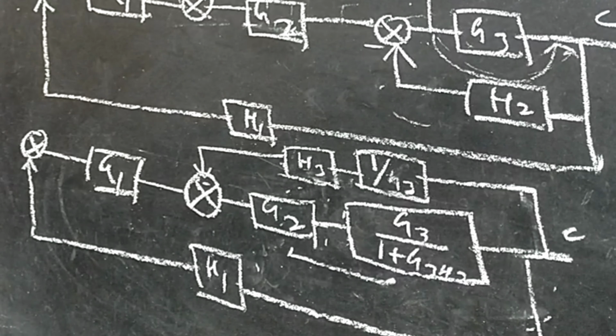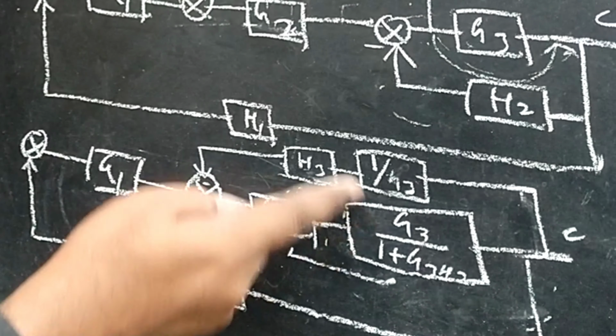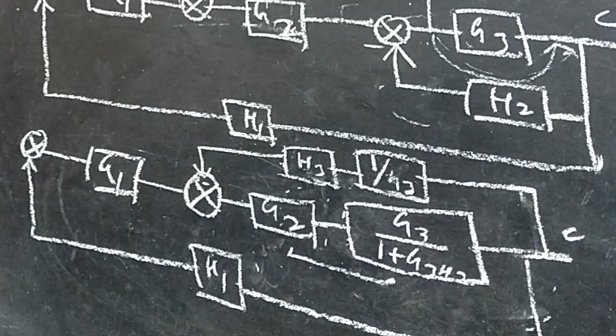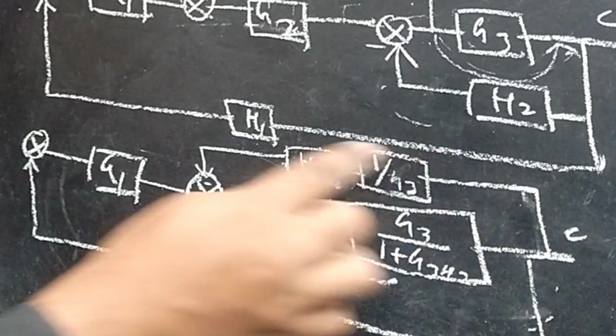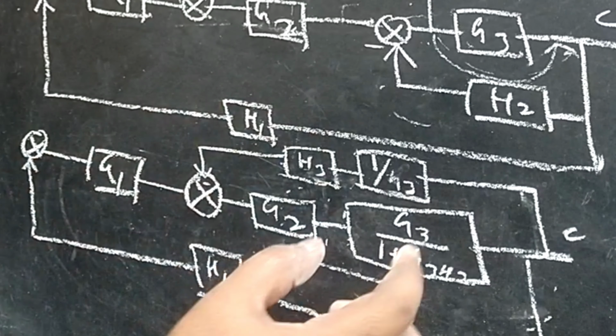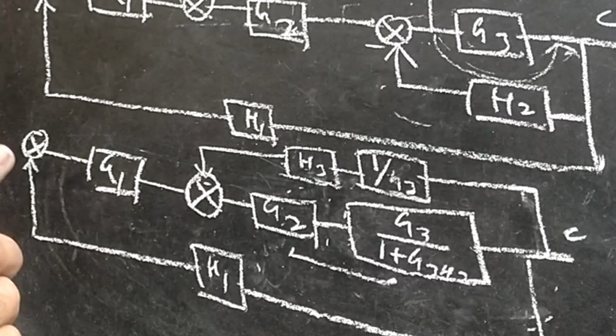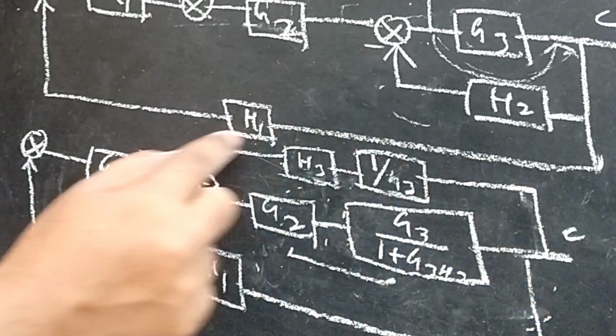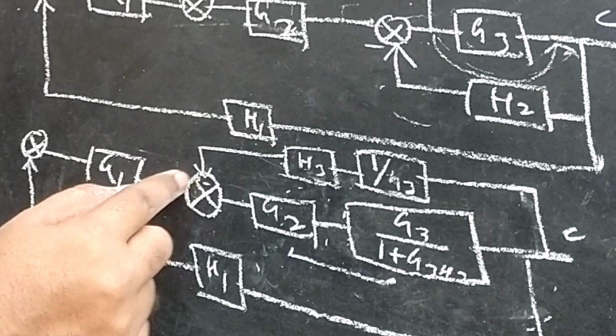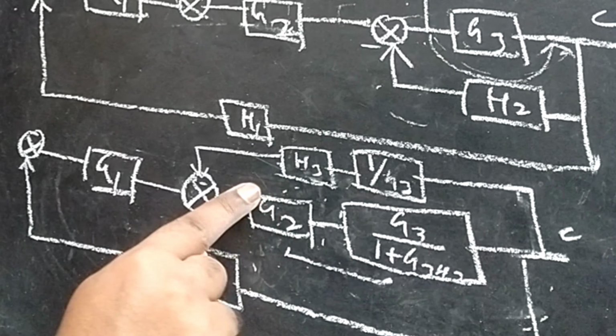And the next step we need to do is, don't think that this is parallel. Don't think that this is parallel, because this is considered as the loop. Once you frame this cascade connection, the next step is to take the feedback path of this. I just multiply this, I do it here itself.